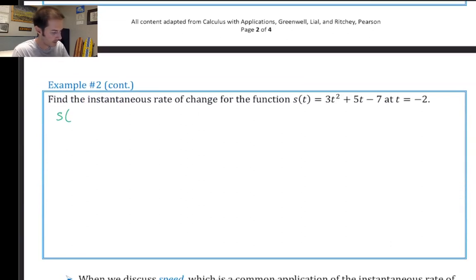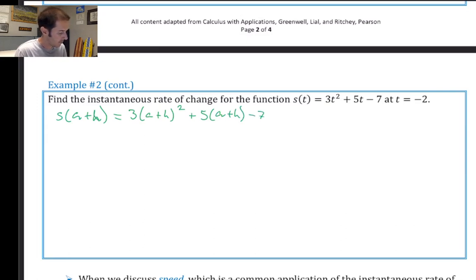It was turning into Christmas there. S of a plus h. For this function, ooh, this is going to be a little lengthy. You might want to write a little smaller here. We've got 3 times a plus h, quantity squared, plus 5 times the a plus h, minus 7,